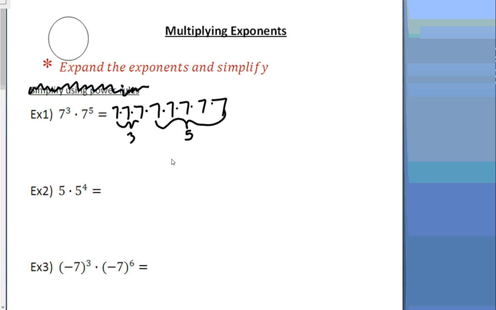Okay? So if I wanted to simplify this, and we don't have to multiply it out because that's a massively huge number. But if I wanted to simplify this into writing this as small as possible without actually doing the math, what I would do is figure out, well, how many 7s do I have? 1, 2, 3, and then 5 more is 7 to the 8th. Now, there are some rules, and you could look them up. But as you go along, you're going to start realizing what the rules are on your own. Okay? So all I want you to do from now on in this entire chapter